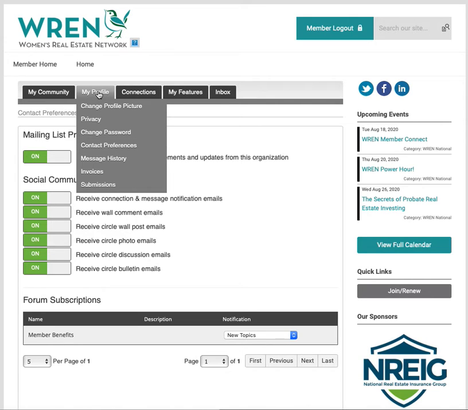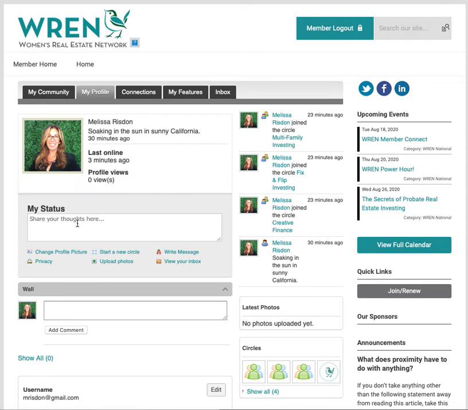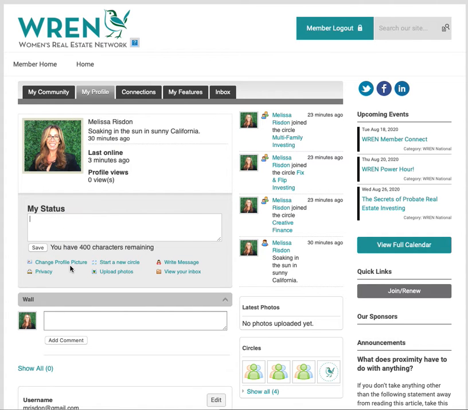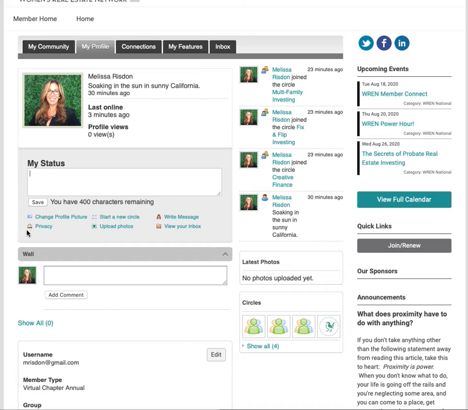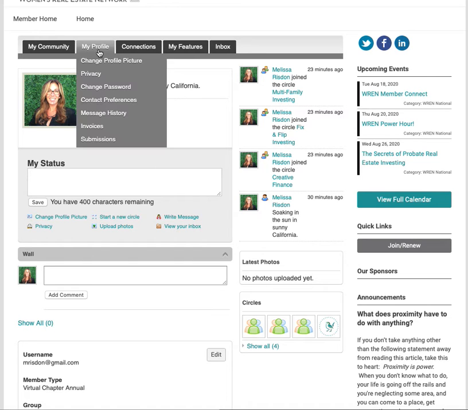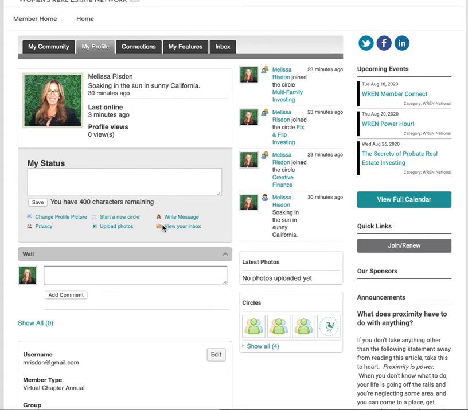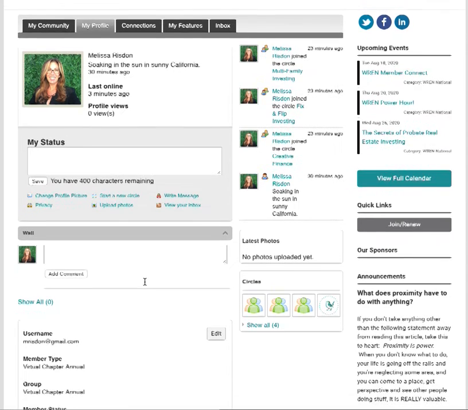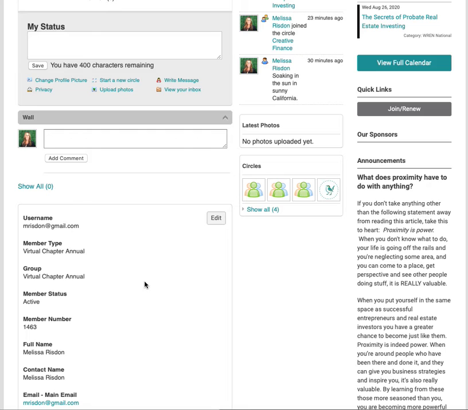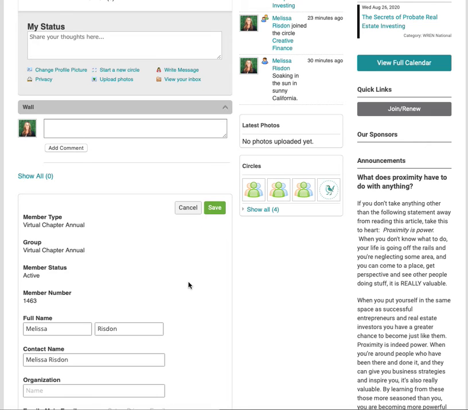If you click back again on My Profile, you'll be taken to your profile where you can share your status, and you also have the ability to change some of the same information that you can set up here in the menu. You can also change here underneath My Status. You want to head on down to the bottom and go ahead and click on Edit so you can edit